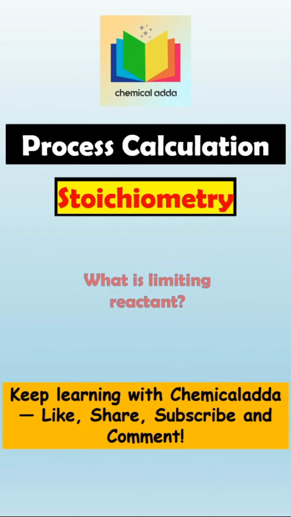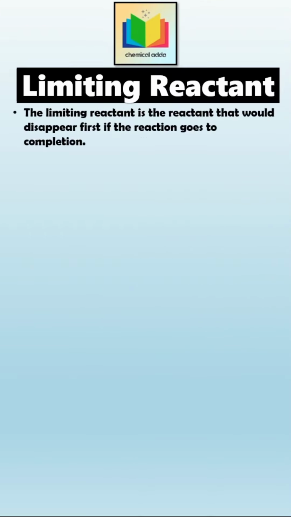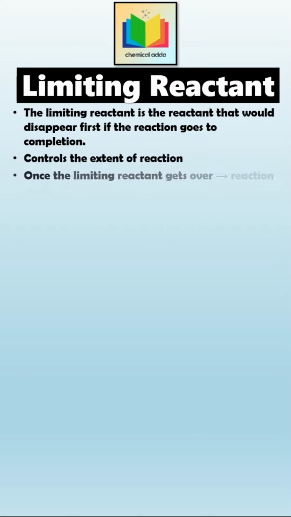Let's quickly understand what is a limiting reactant. So, the limiting reactant is the reactant that would disappear first if the reaction goes to completion. Then, it is the reactant that controls the extent to which a reaction can proceed. Which means that, if the limiting reactant gets over, the reaction has to stop, no matter how much of the